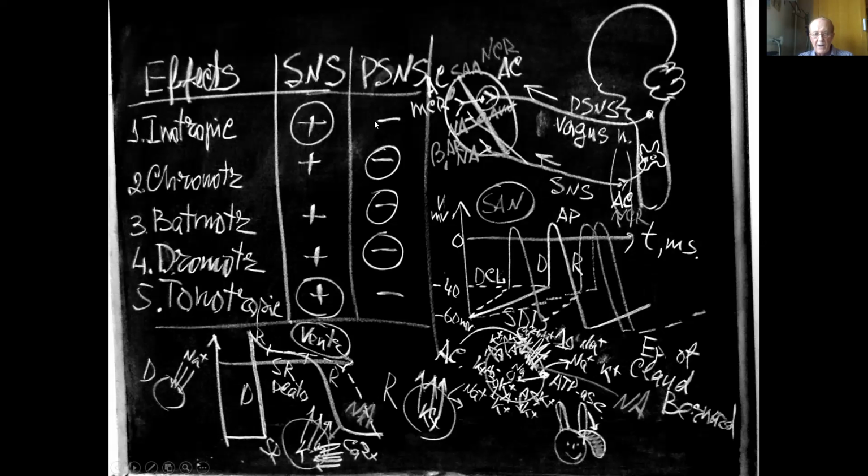All effects are negative. At the same time, it decreases the force, but this is the secondary effect of the parasympathetic nervous system, and decreases the tone. First of all, the vagus nerves decrease the rate of excitation conduction, decrease the excitability of the heart, and decrease the frequency of the heartbeat rate.